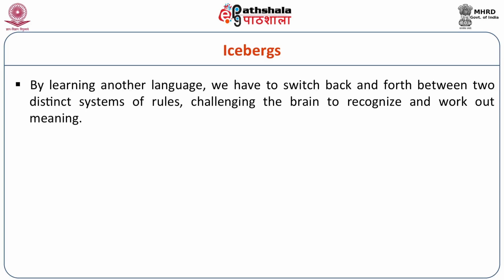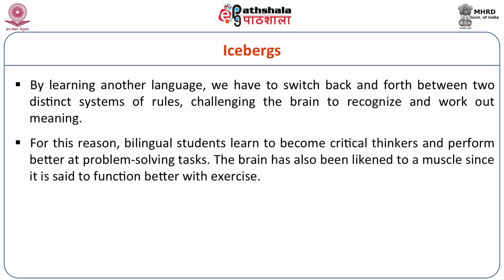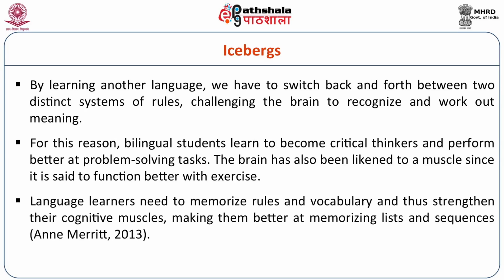and forth. This study was done by Anne Merritt in 2013, where it was said that we have to switch back and forth between two distinct systems of rules, challenging the brain to work out meaning. For this reason, bilingual students learn to become critical thinkers and perform better at problem-solving tasks. The brain has also been linked to a muscle since it is said to function better with exercise. Language learners need to memorize rules and vocabulary and thus strengthen their cognitive muscles, making them better at memorizing lists